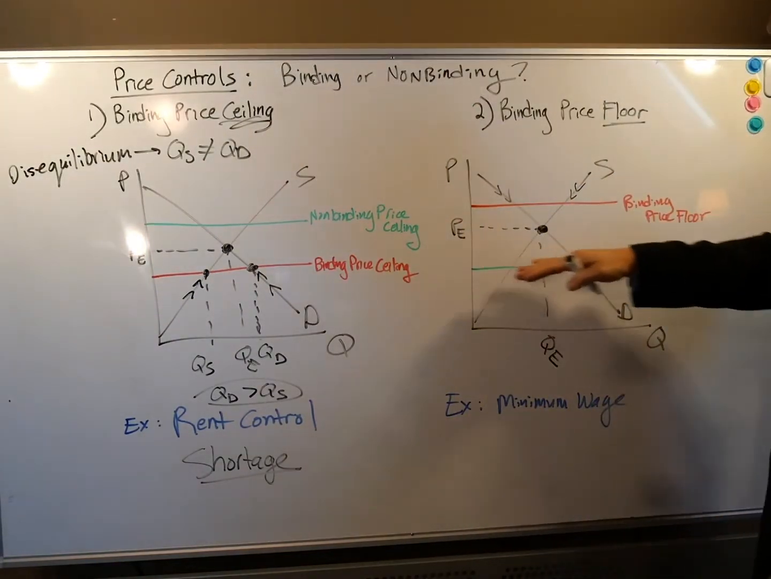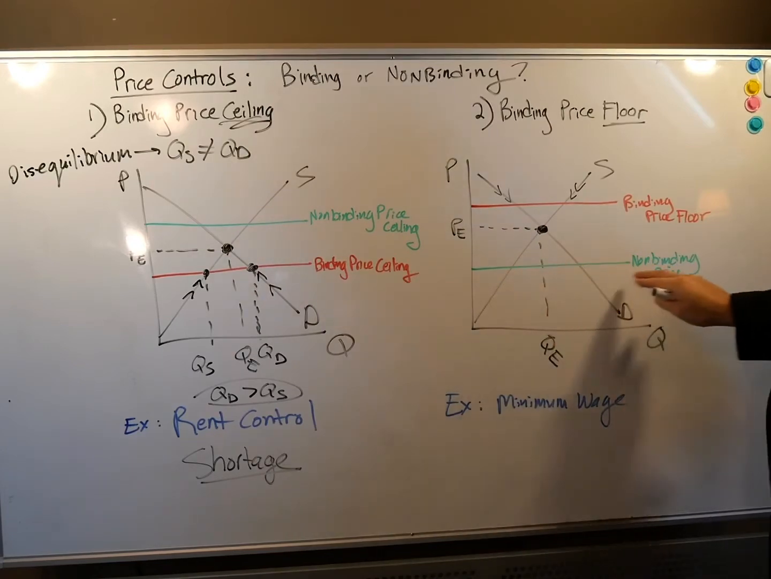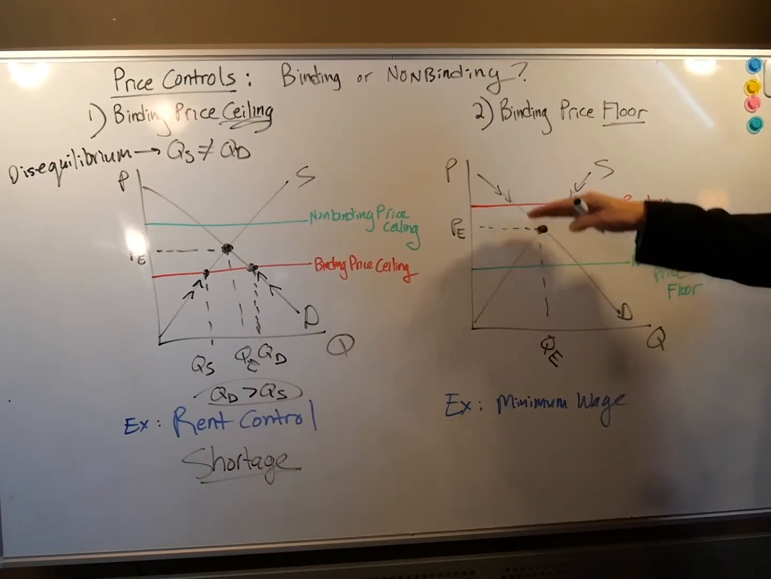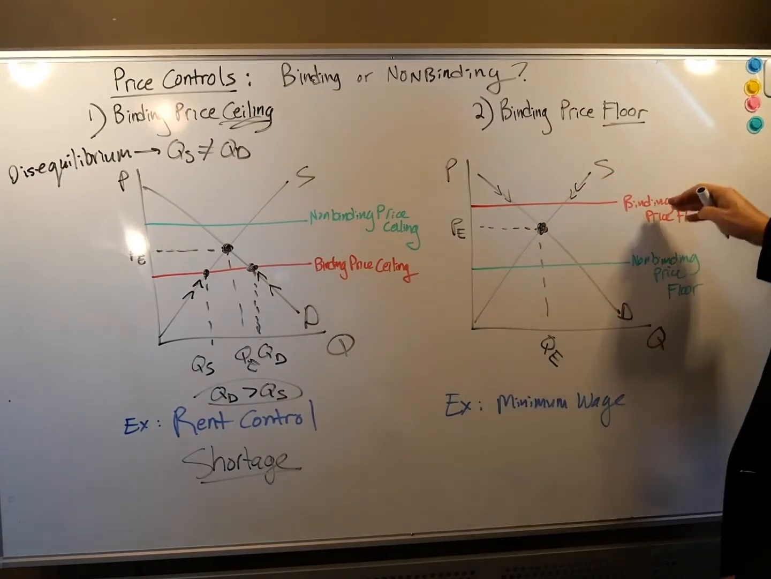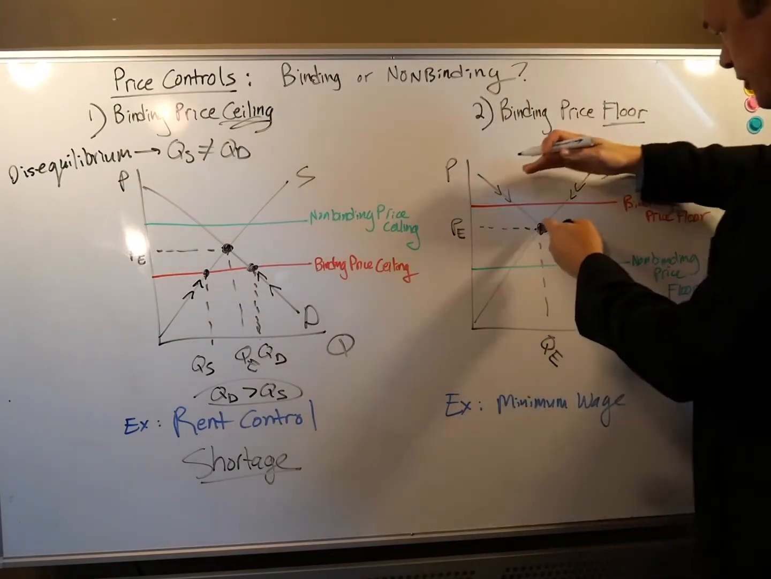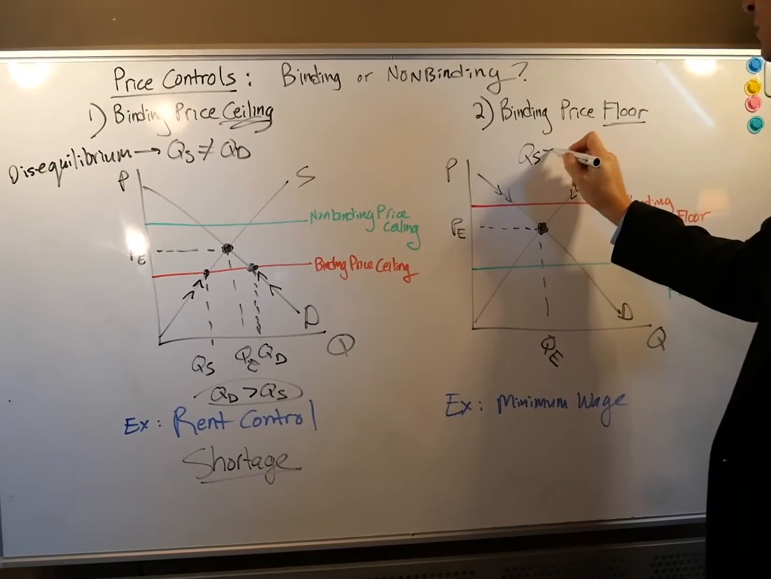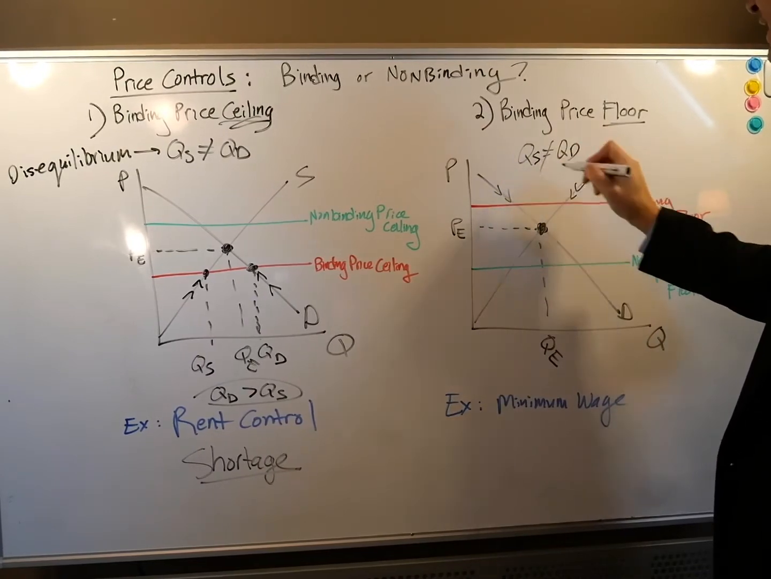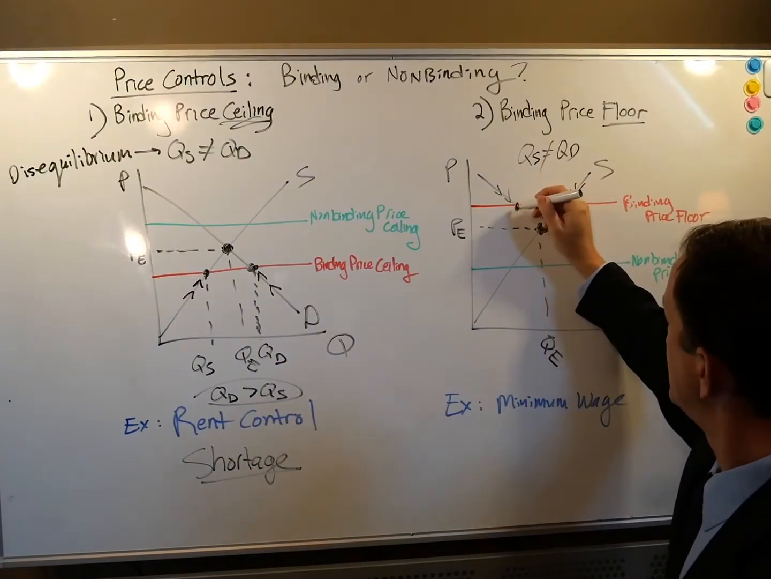So if the floor is set below equilibrium, I don't care to go down here. This is non-binding. If the floor is set above equilibrium, this is like my magnet, I want to go there badly, all right? It prevents me from going down there. So equilibrium's here, floor's there, I can't go there, which means I'm in disequilibrium where quantity supplied does not equal quantity demanded. And in fact,